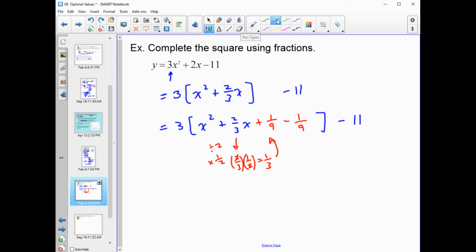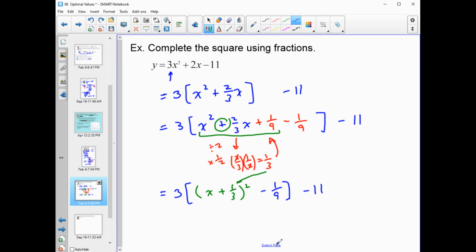Then I will complete the square. The reason I did this was to make a perfect square trinomial. So those first three terms in the bracket, that is my perfect square trinomial. That's actually x plus 1/3 all squared. The 1/3 comes from here, and the plus comes from this plus right there. That's how you know if it's a plus or a minus. Then I have minus 1/9, and still waiting outside for its chance to join in the fun is that